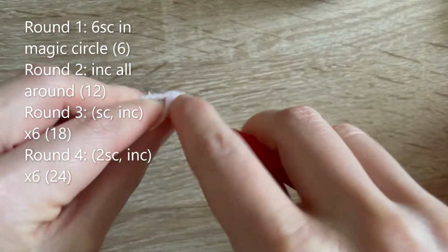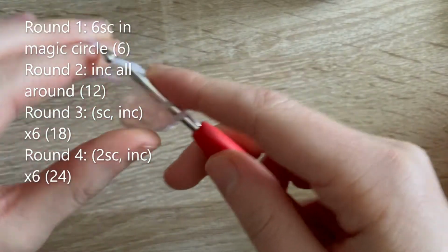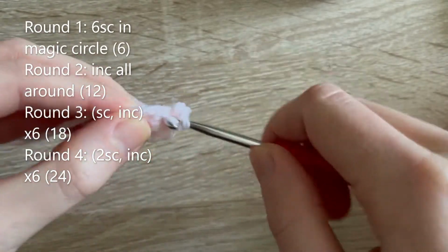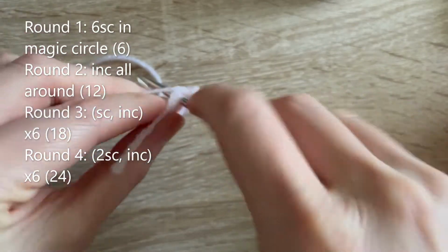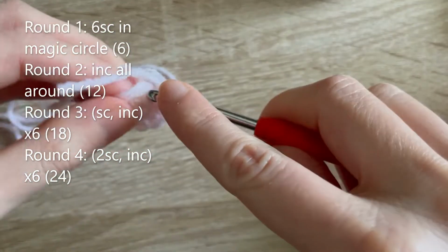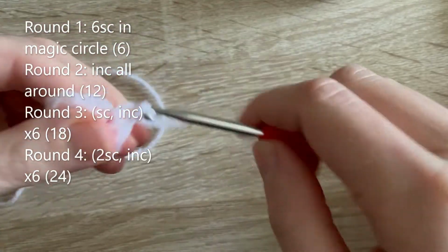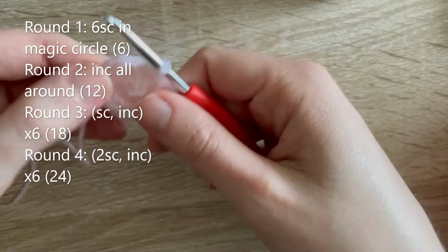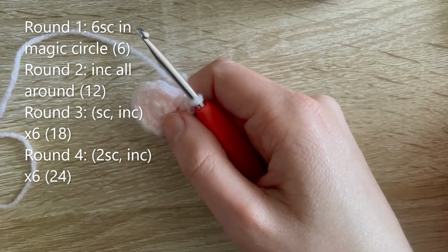1, 2, 3, 4, 5, 6, 7, 8, 9, 10, 11, 12. And then for round 3 we need to do single crochet increase and repeat that 5 more times